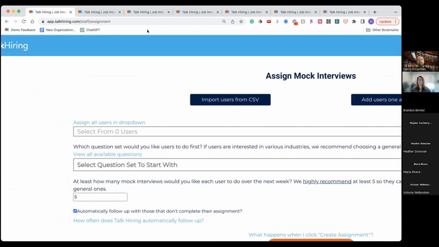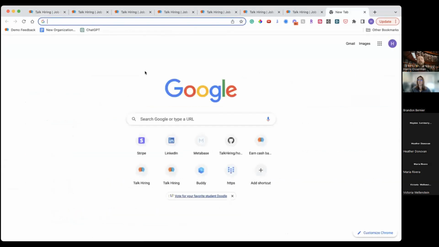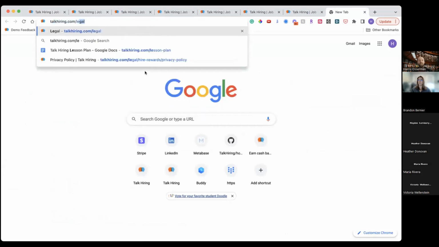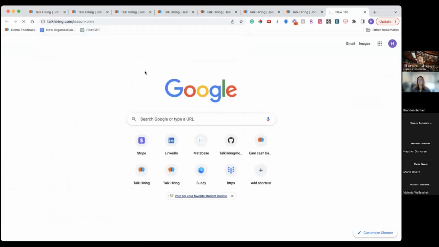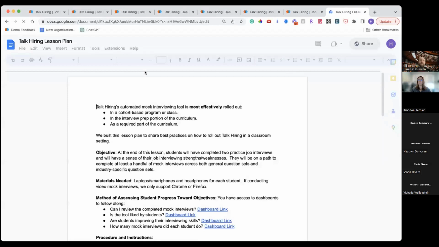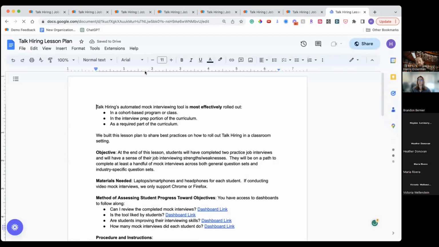So those are the two main ways. As rollout resources, I really recommend this. We have a lesson plan that we wrote up, and we incorporated the best practices of how a lot of other organizations have rolled this tool out. And so if you are integrating it into a class lesson or a step in a program,